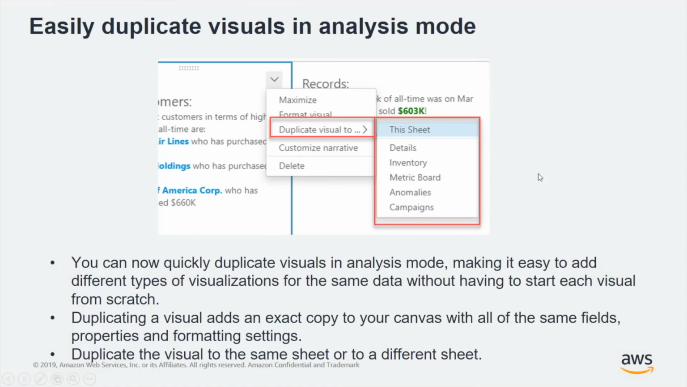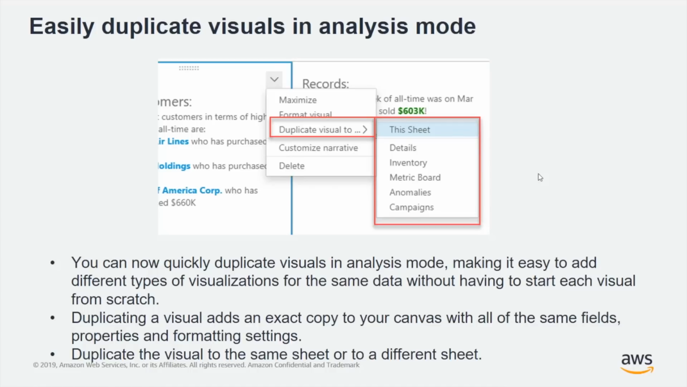So this next one is a quick one. The ability to duplicate visuals within an analysis. It's more of a minor feature, but has huge implications in terms of productivity as an author in QuickSight. I'll say that I've already saved probably multiple hours using this feature just within the last couple of weeks. So on any visualization that you have, in the menu for that, you'll find a new option